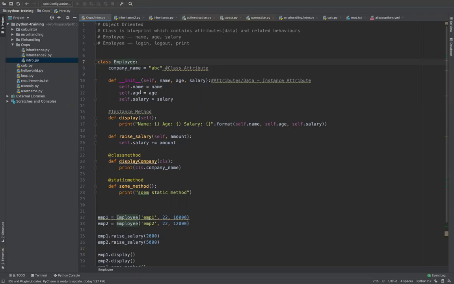So this fundamental principle is called inheritance, where you are taking advantage of existing functionality, and the relationship between the objects is called an is-a relationship. For example, if you take the example of an animal and a horse, right?